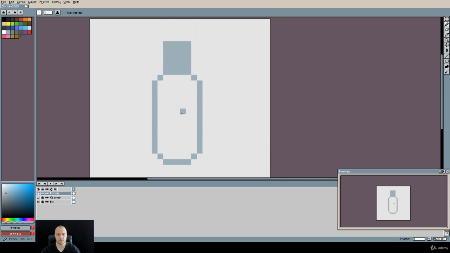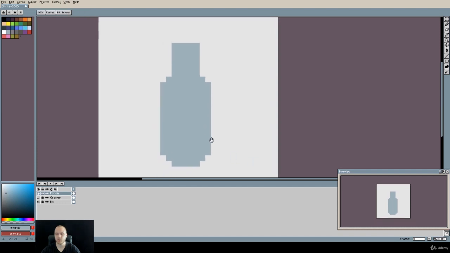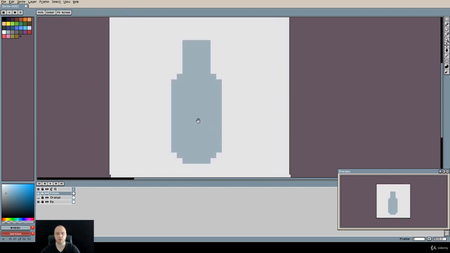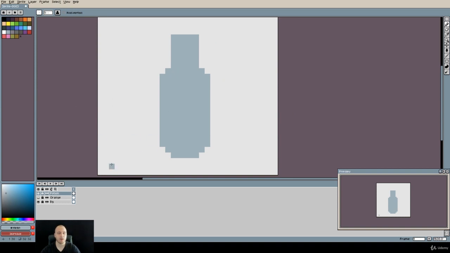Okay. All right, let me put it down a little bit. Good. Now, this is the shadow tone, so this is what we'll be using as an outline, because, you know,